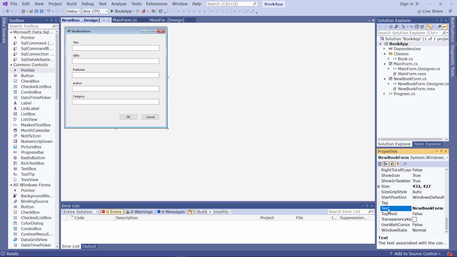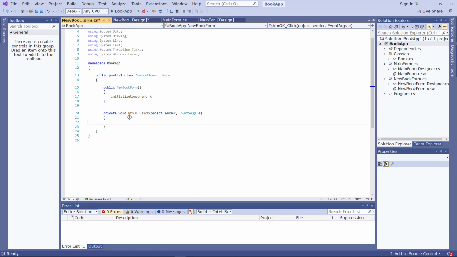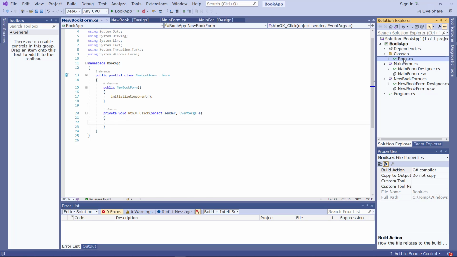Can of course also change the title here, just call it new book, like this. I also can double click here in order to create this event. So inside here we are going to create the necessary code for storing this information to the database. So we have already created the stored procedure for saving this information to the database. So the next step now would be to go to the book class